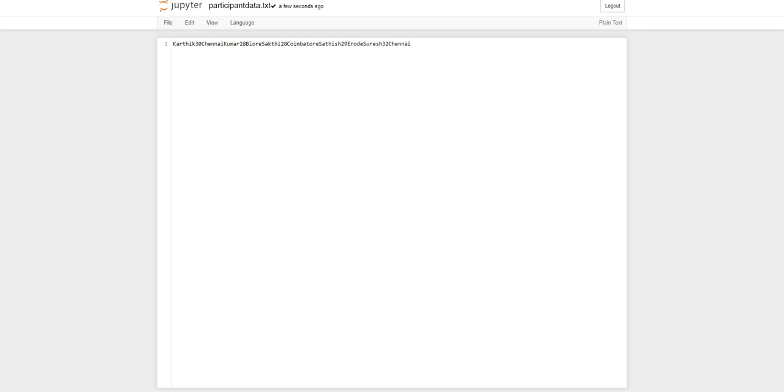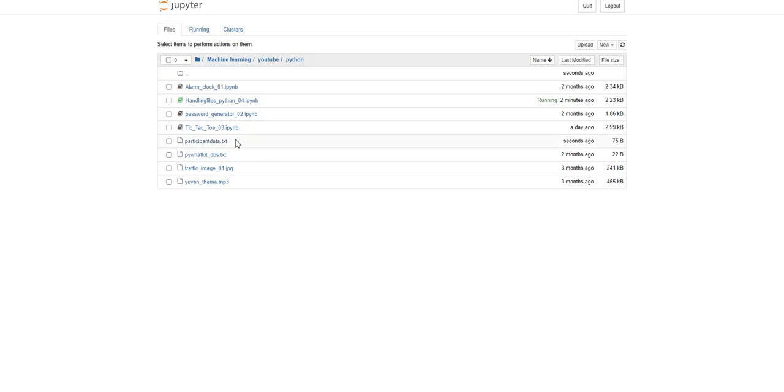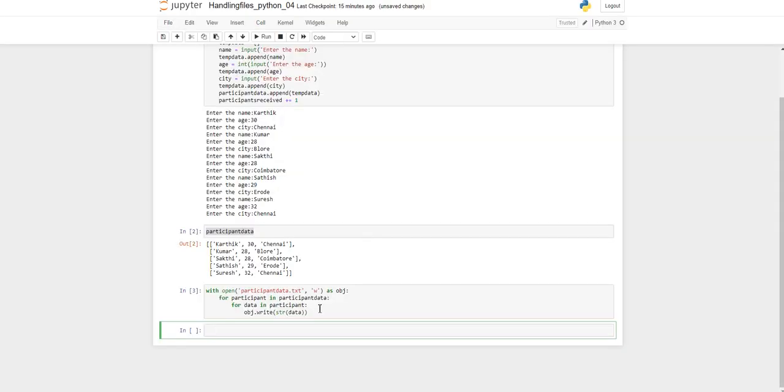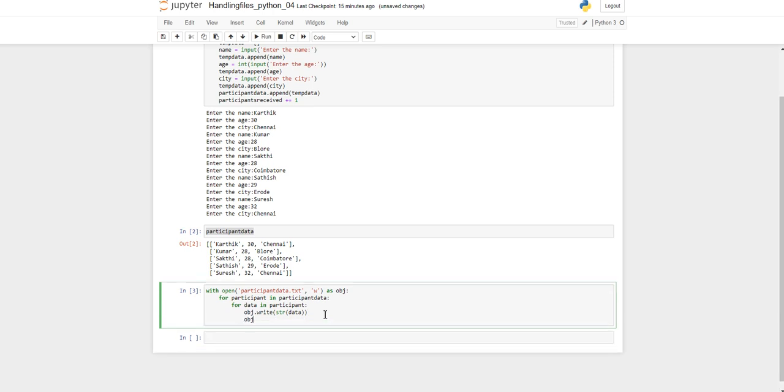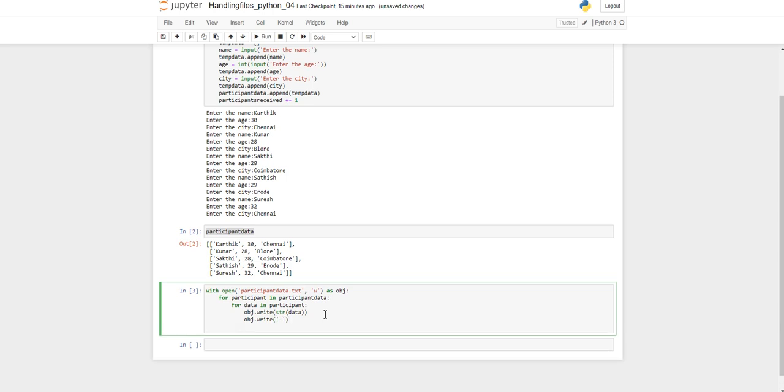Okay, so it didn't give any spaces. So what I'll do, I have to give one space, obj dot write of space, and once I print each row, we will give a line, obj dot write of \n.